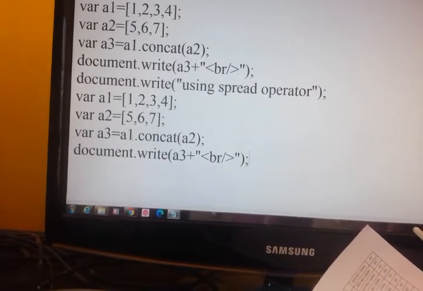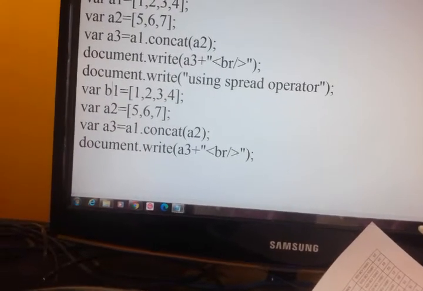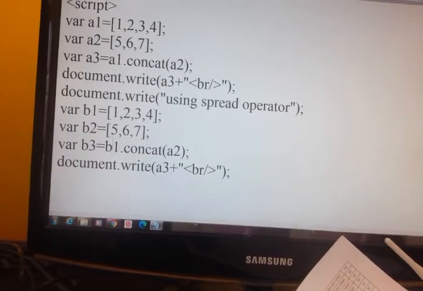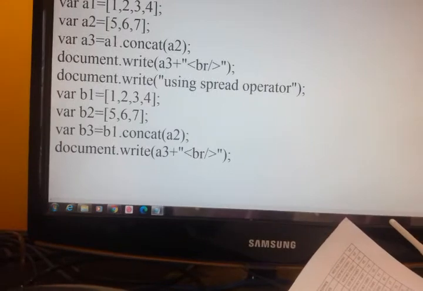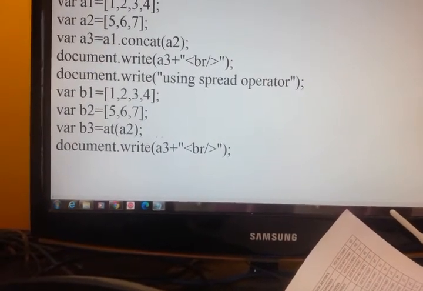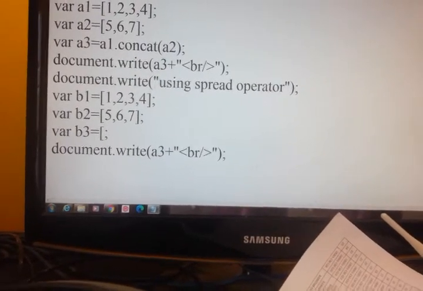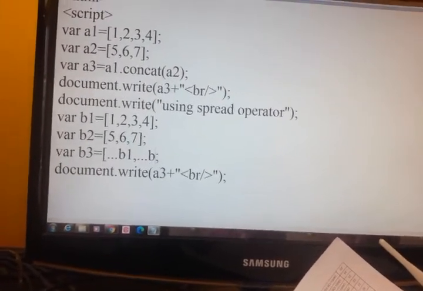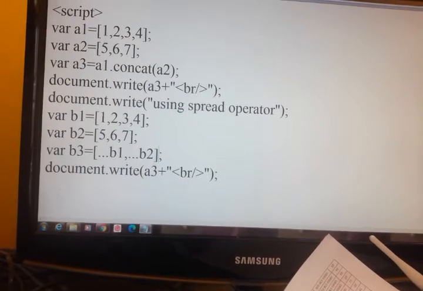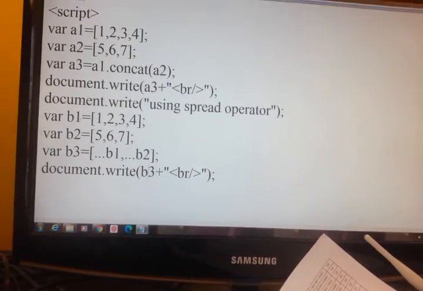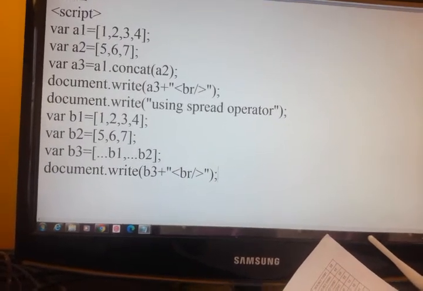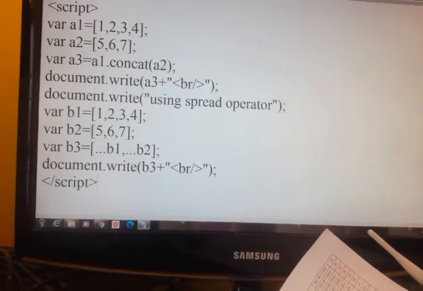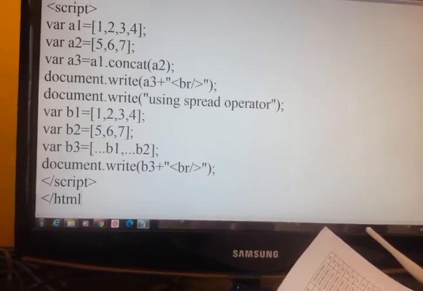Same I have written. Here b1, b2, b3. Instead of using concat, what it has done is dot dot dot b1 comma dot dot dot b2. Then closing script, closing HTML.